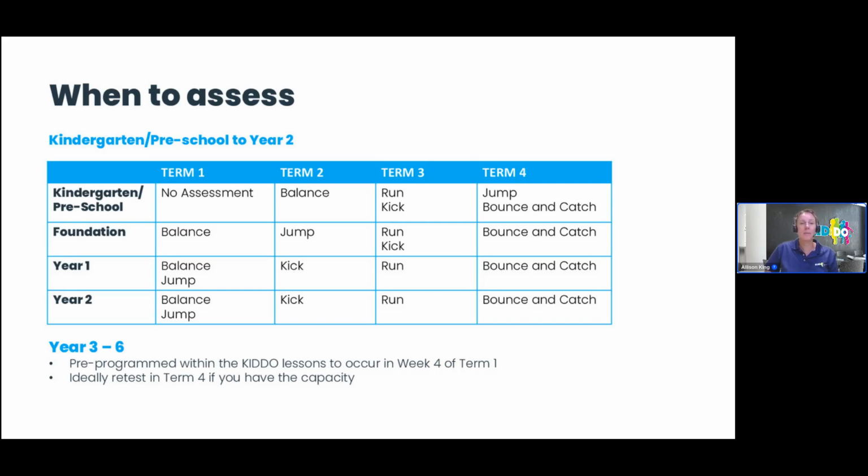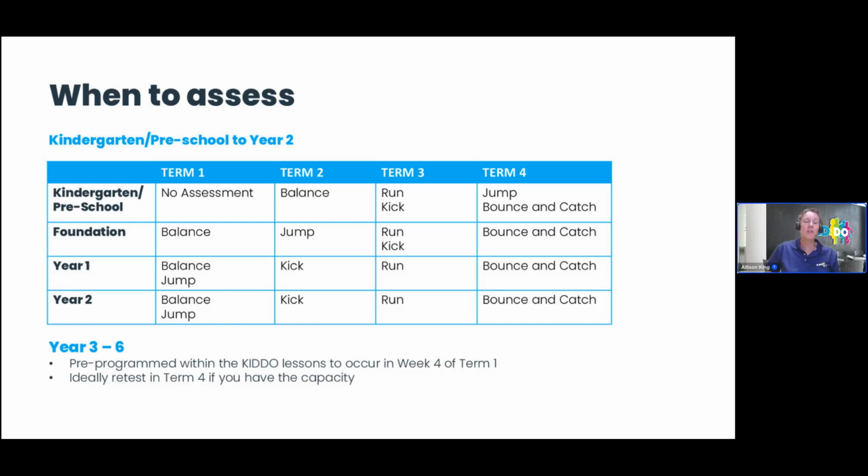For kindergarten, preschool to year 2, this is what we recommend, and that gets all 5 challenges done across the course of the year. Ideally, we would love it for you to complete them once at the start of the year in semester 1 and once at the end of the year, so that you can see the progress of your students. But if you're just starting out, getting them all done once is a really great start, and then you can see the progress the following year.